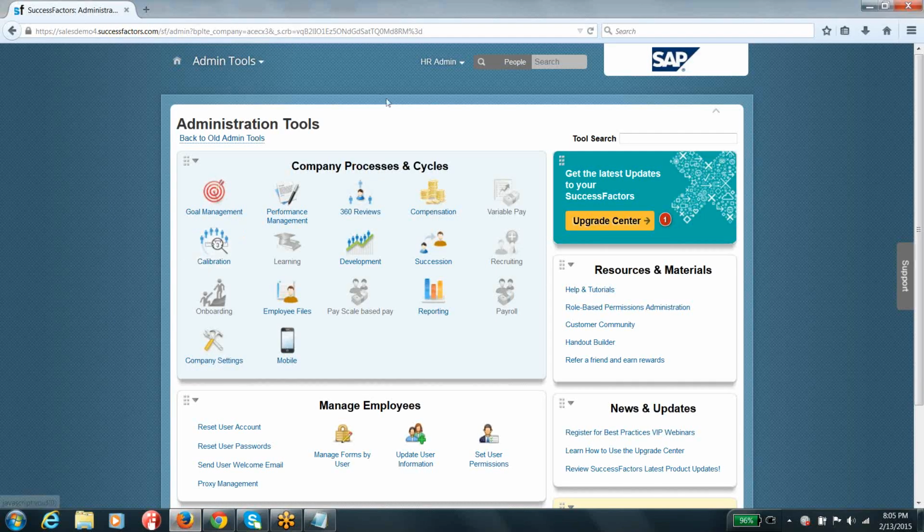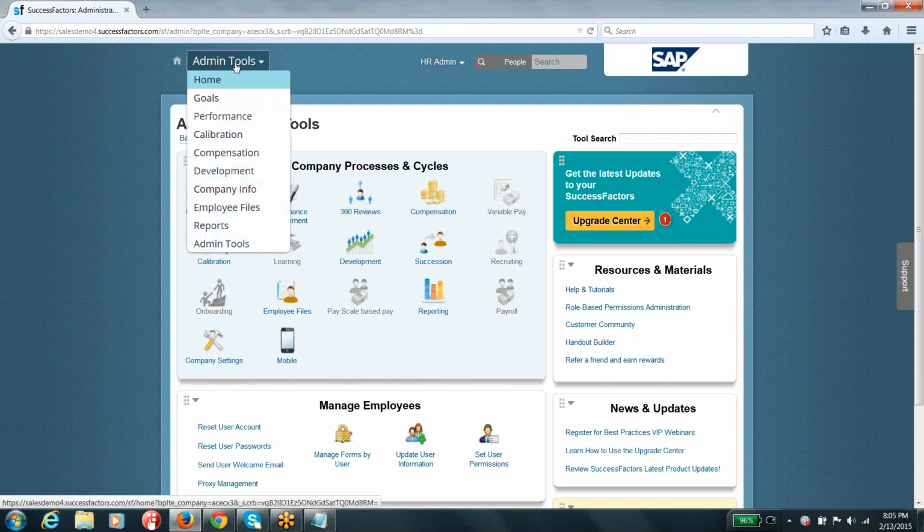So first, in order to configure a new rating scale or to see the existing rating scales, you have to go to your,